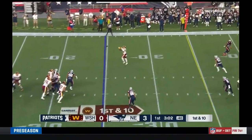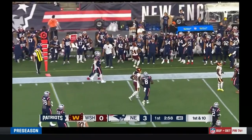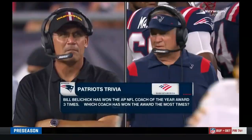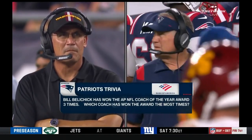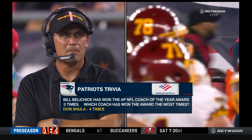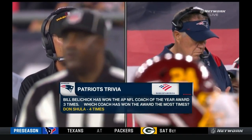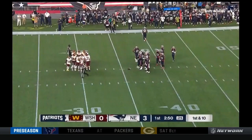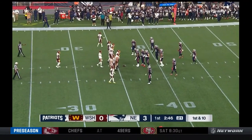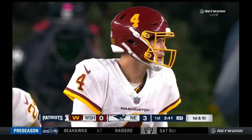Now, Taylor Heinicke unloads. Gibson with the catch, stop and start. And he runs into the sideline as Van Noy chases. I think it's Bill Walsh. Without further ado, Shula. That's the guy he's chasing, right? He's the only one above him. 4 times. Colts, Dolphins, the late Hall of Fame coach, of course, and the all-time winningest head coach. 347 victories to his name. Bill Belichick will open the season with